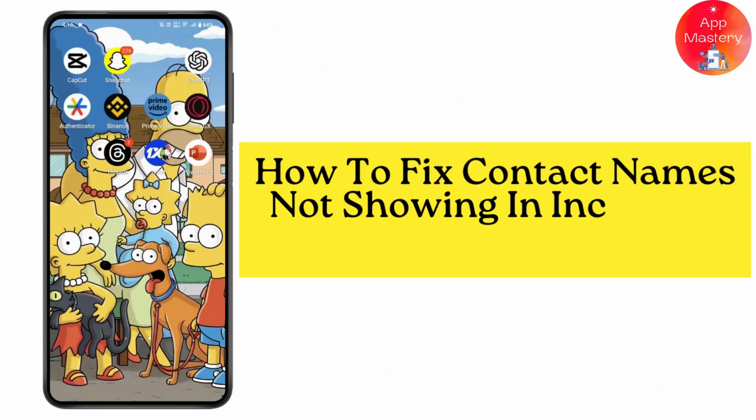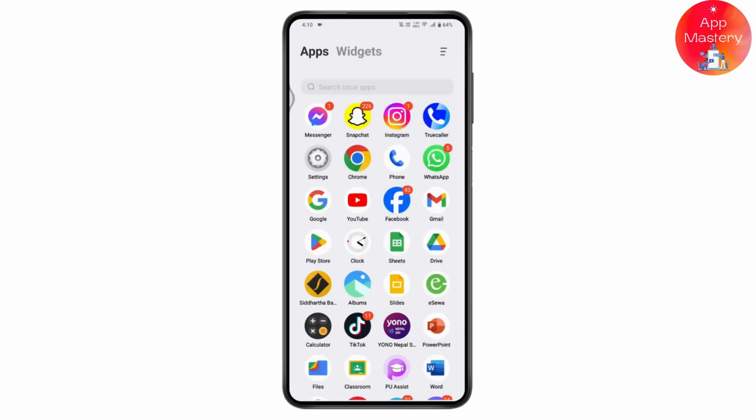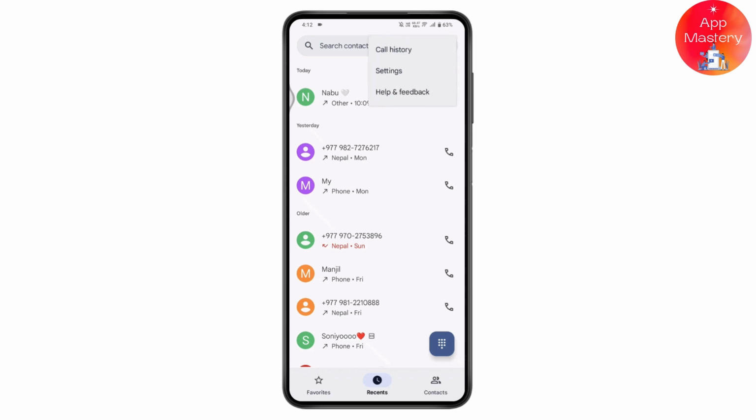How to fix contact names not showing in incoming calls. So if you want to fix contact names not showing in incoming calls, then you just need to open up your phone application or your phone and go to the upper right, which has that three dots, and go for